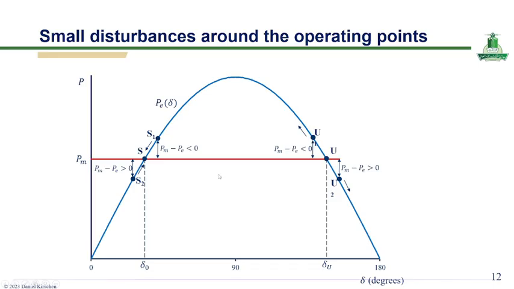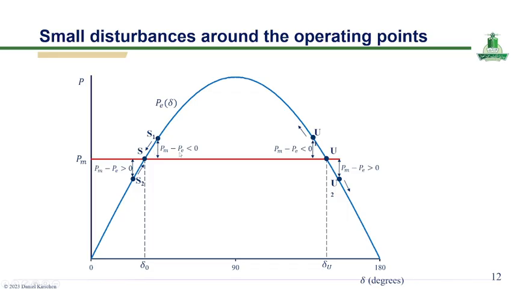And around the left operating point, delta 0, a small deviation leads to restoring behavior. So if delta increases slightly, you can see here,